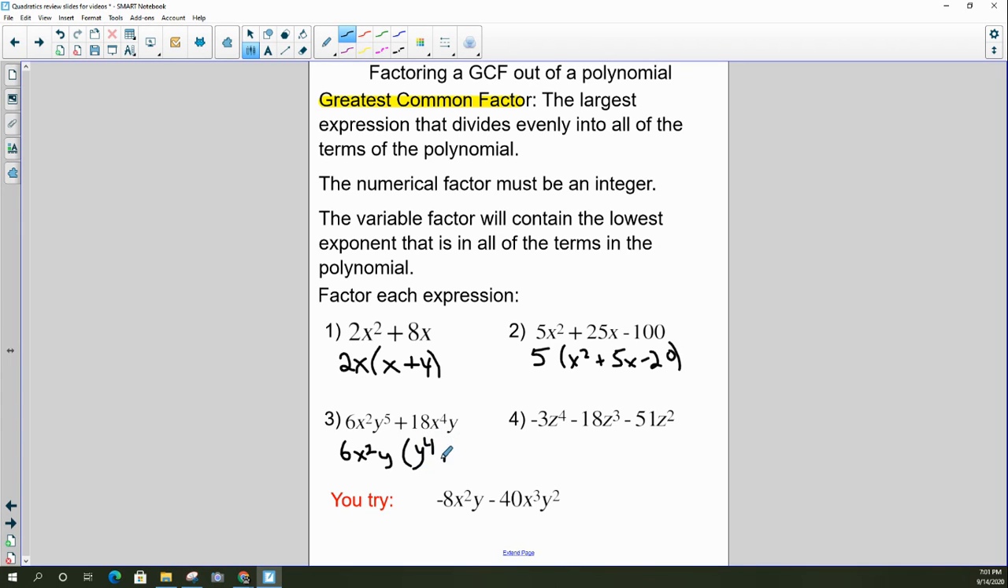And then the second term, 18 divided by 6 is 3. X to the 4th divided by x squared is x squared. And obviously the y's cancel out. And so this will be my